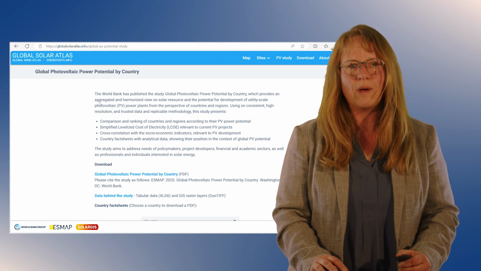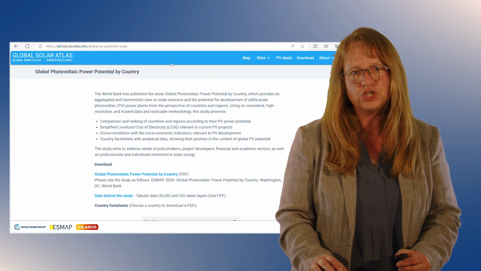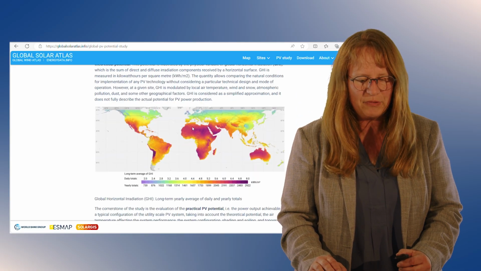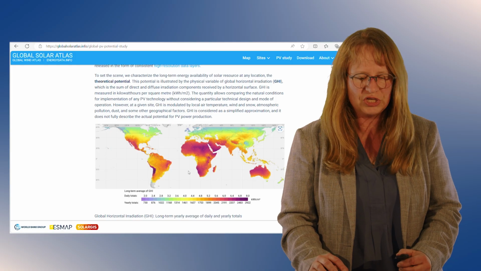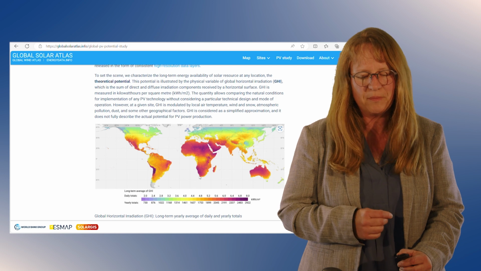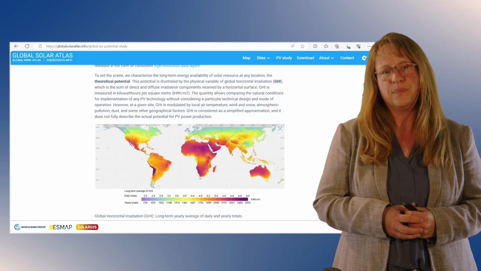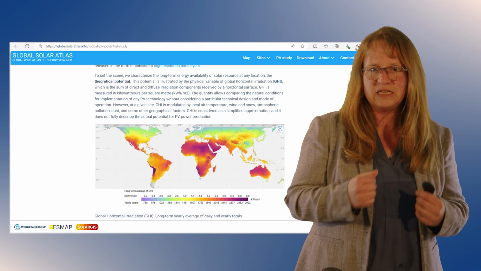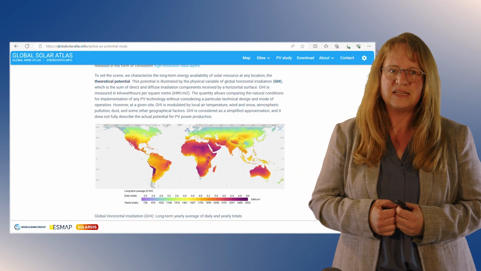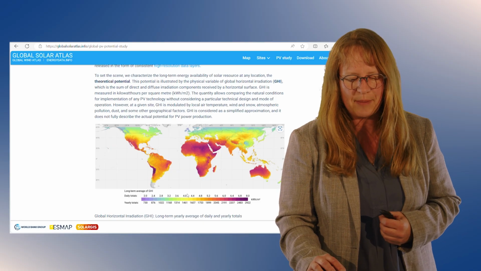Okay, so here I'm on the website Global Solar Atlas, and on this website you can actually find a lot of information on the irradiance as a function of location. And for example, you can see this nice map down here. So this map shows us all of the information for different locations on Earth, and this map actually shows the power multiplied by the time that we have that power, so it gives us the energy that is available. And it gives us the energy in terms of the daily totals, so that is this upper row here,